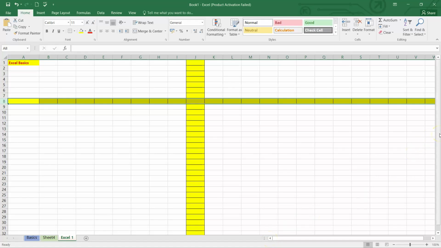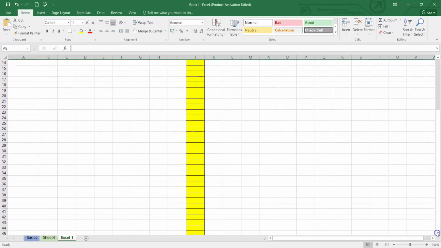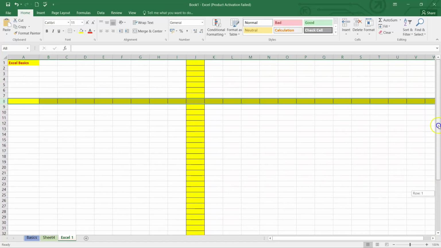Similarly, you have a vertical scroll bar, which will help you scroll from top to bottom or bottom to top. Again, you have the scroll bar over here, but you can also click on this arrow if you want to go really far below in your cells and columns. You can either use the scroll bar like this, or you can use the top and the bottom arrows to navigate through it.